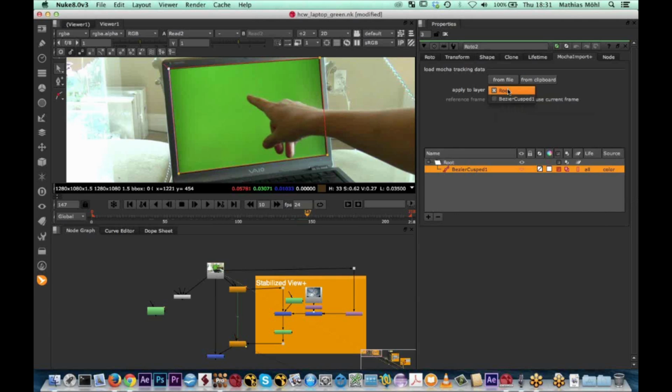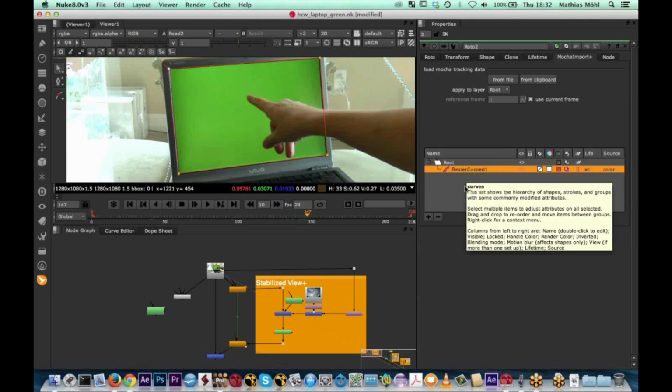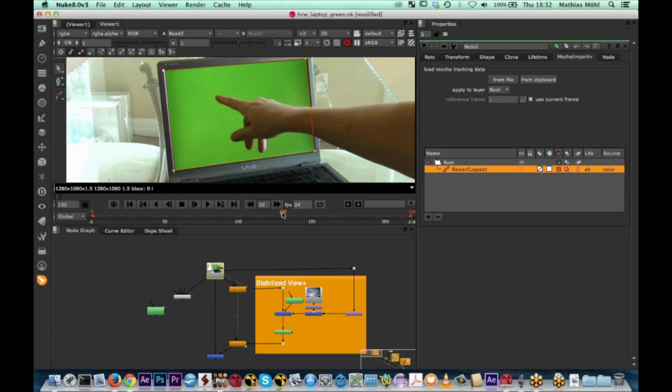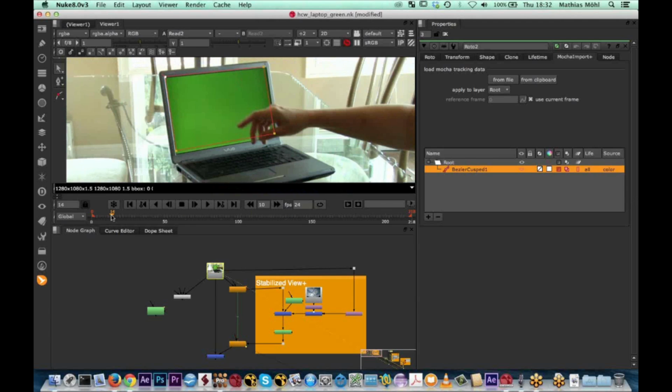Yeah, in this case you can now choose to apply to the root layer or to this busy spline, so to exactly this mask that we've just drawn. I always like to apply it to the root layer because this means if we later add other masks or brush strokes, they all move with the same track because everything below the root nodes then moves with this track. But if you want to have different splines moving with different tracks, this is also possible, and you just choose here the layer to which you want to apply the track. So I choose the root, say from clipboard, and now you can see our mask moves 100% accurately with our